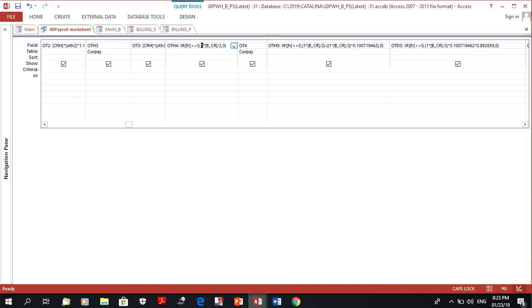So if you have 10 of these, for instance, 10 will be multiplied by this billing rate. Please go to the other tutorial on MS Access pertaining to generating the billing and refer to that training program. But for now,